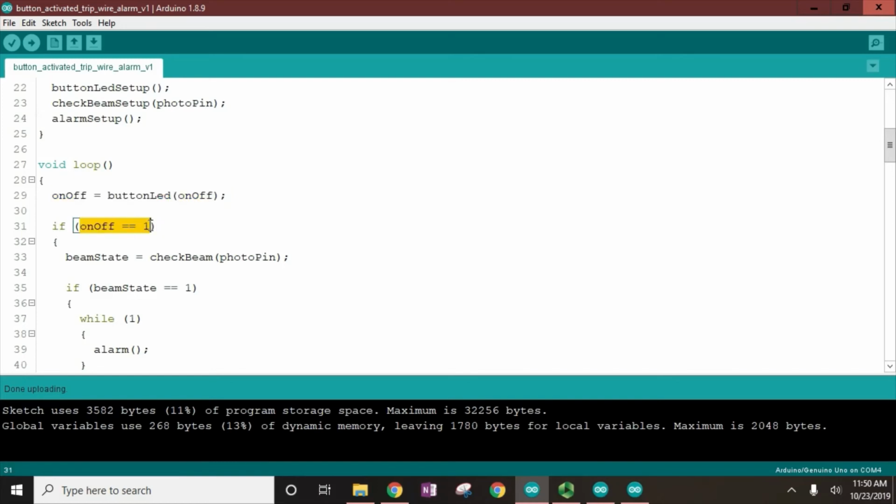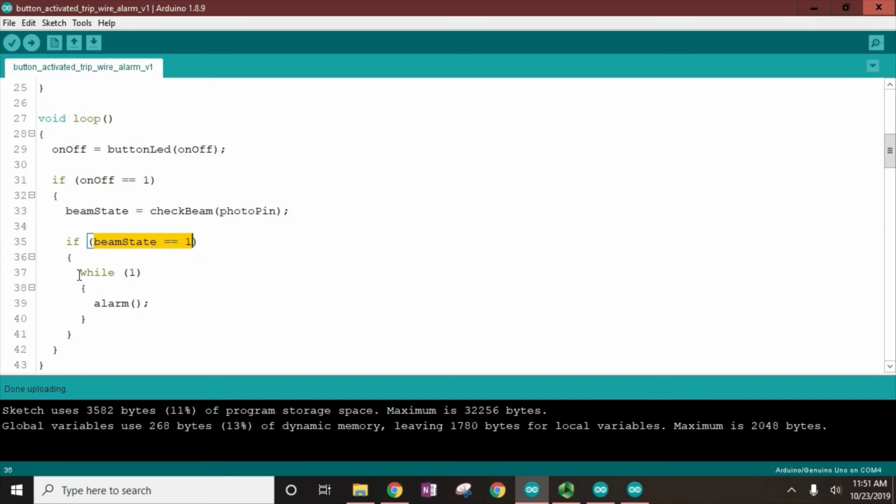If my alarm is on, if it's active, then it's going to check the beam. It's going to check to see if my tripwire has been activated. If my tripwire has been activated, we go into here, and this is an infinite while. It runs forever. There's no way out, and what it's going to do is forever an alarm just goes off. So again, there are definite things that I can do to this to make it work better, but you'll see